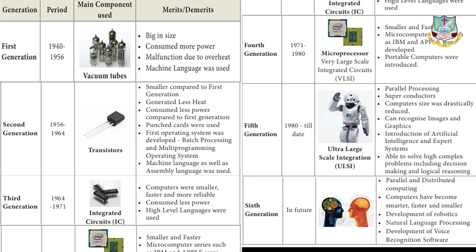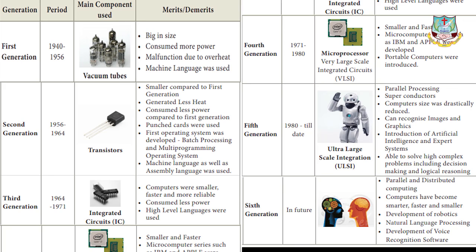They may ask, write down the merits and demerits of second generation. Write the merits and demerits of sixth generations. Like that, if they are asking, you have to write only the merits and demerits of the particular generations. Or if they are asking the whole generations of computer for 5 mark, means you can write the whole thing from first generation till sixth generation.